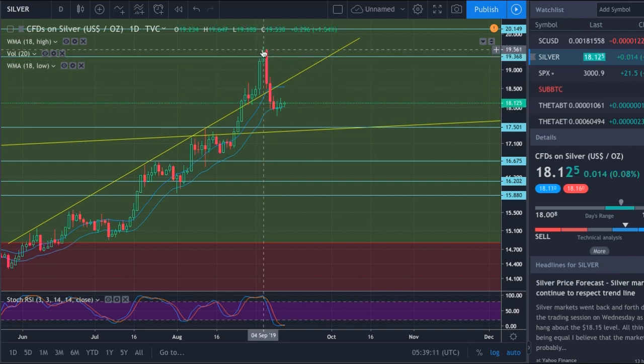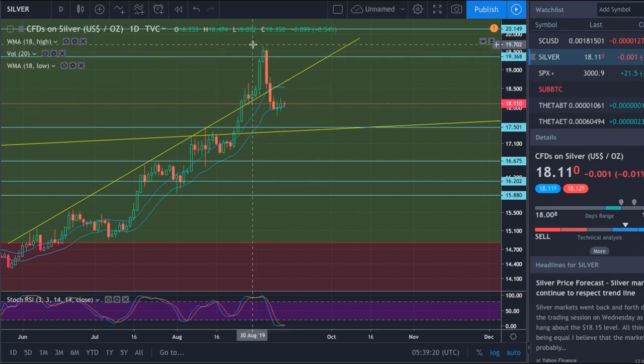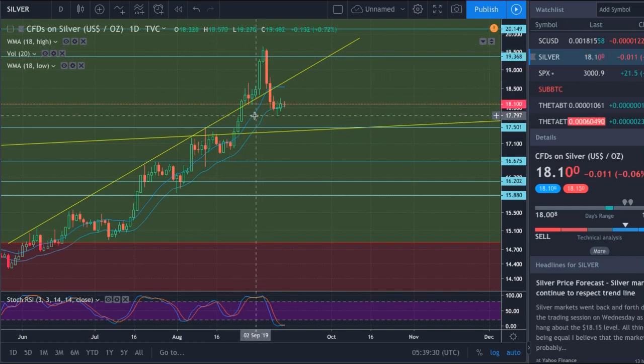Yeah, we're up here. As I said last week, it was looking quite overbought, and it wouldn't have surprised me if we saw a dip from here. We certainly saw the dip again, just like the other time. I wasn't calling for a dip, but it wasn't going to surprise me at all. But we've gone in that direction. Off the high of 1960 roughly, US dollars that is, down to a low so far of, well, what do you know, around about